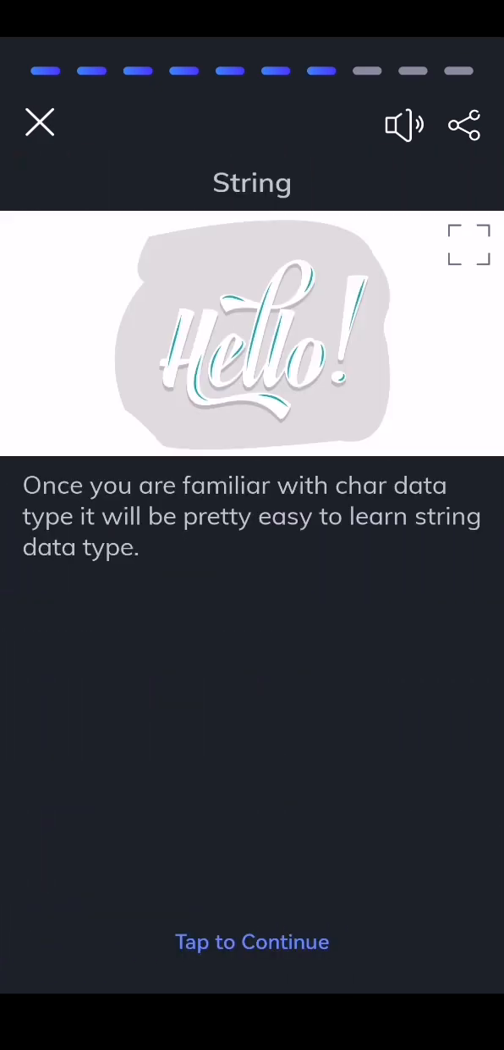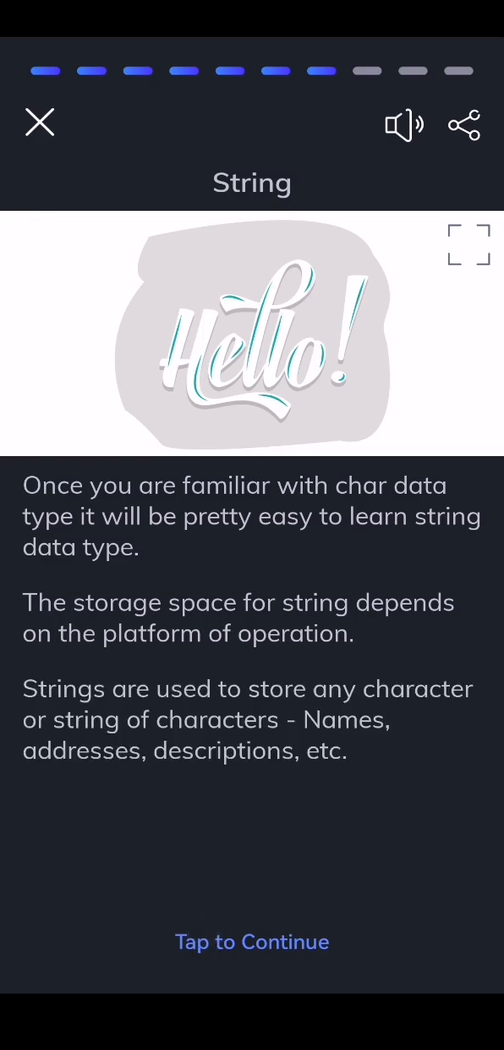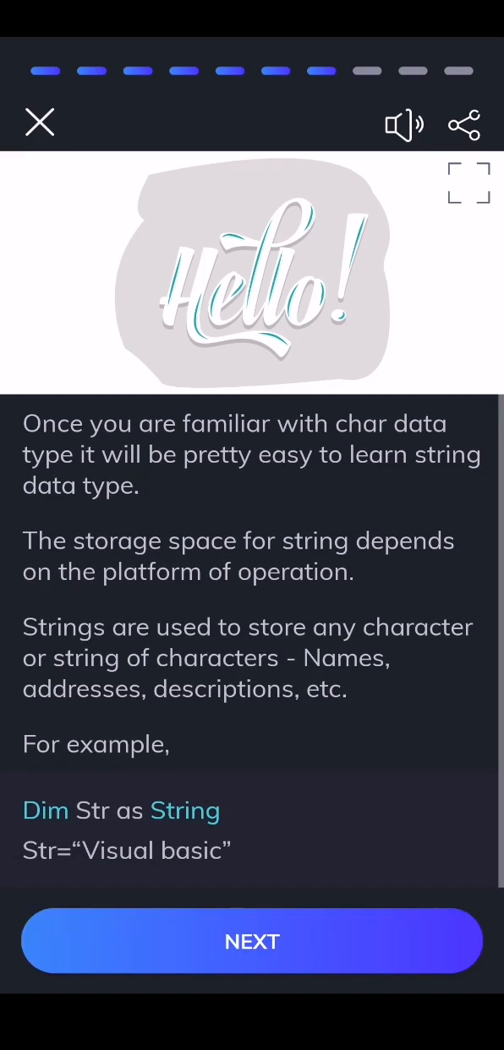Once you are familiar with the Char data type, it will be pretty easy to learn the String data type. The storage space for String depends on the platform of operation. Strings are used to store any character or string of characters, names, addresses, descriptions, etc. For example,